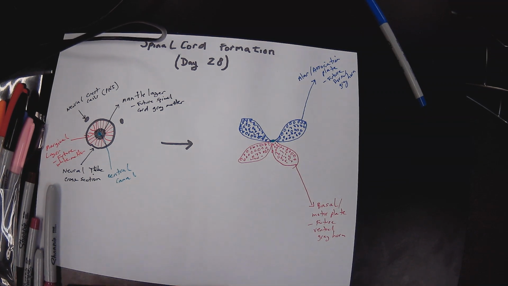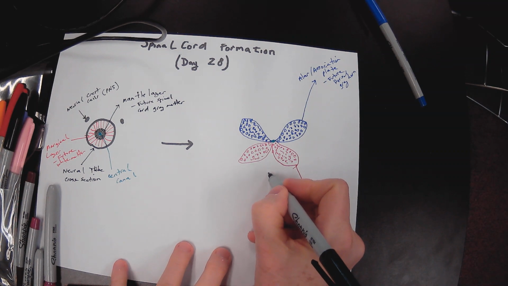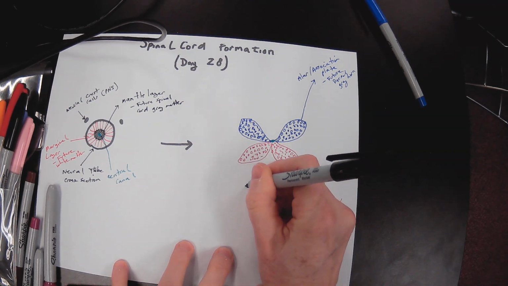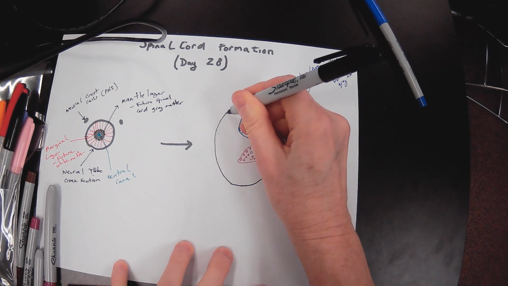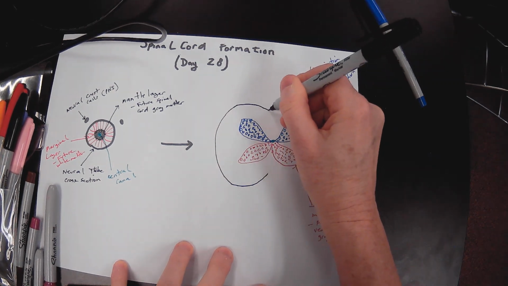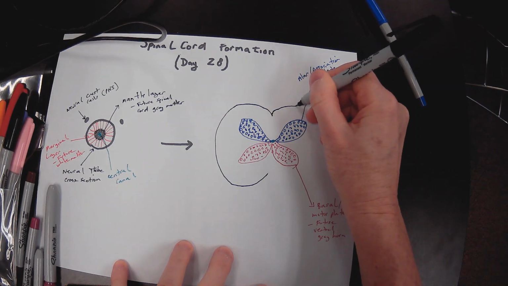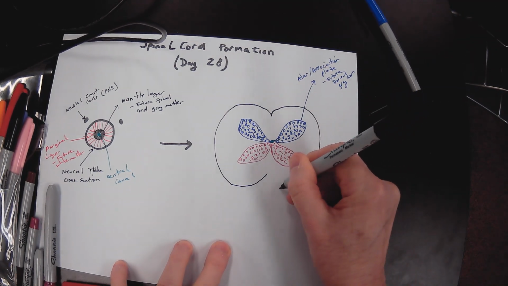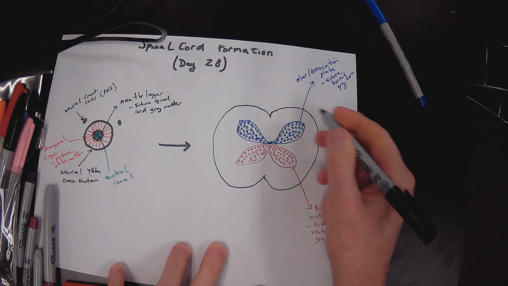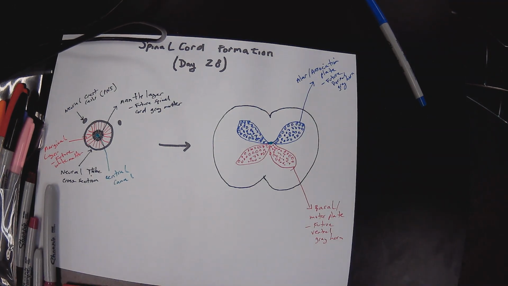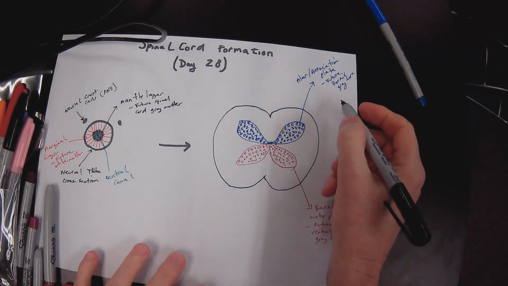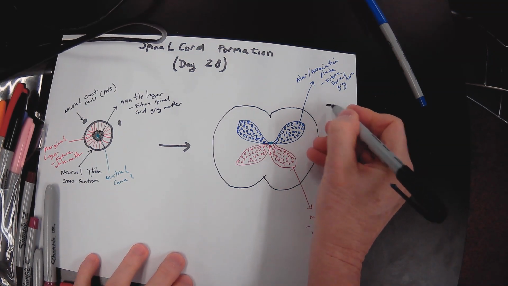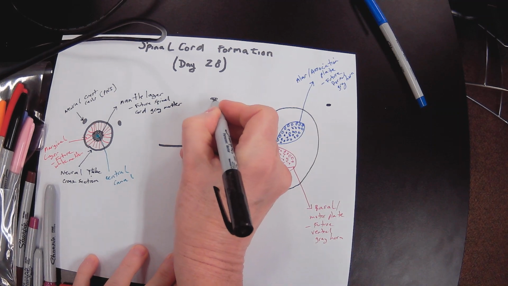And we also have around the outside this white matter, which will become your future tracts. And you have here on the sides